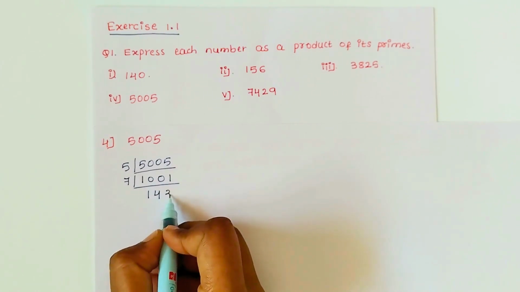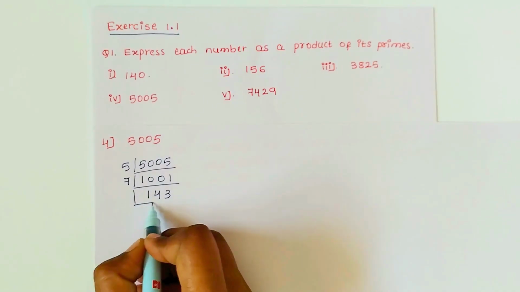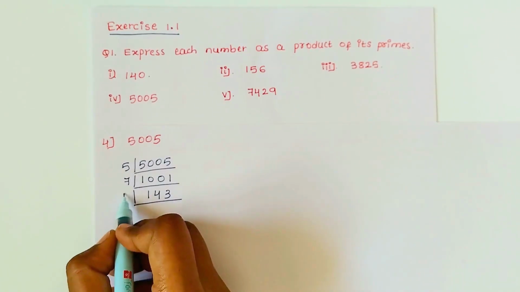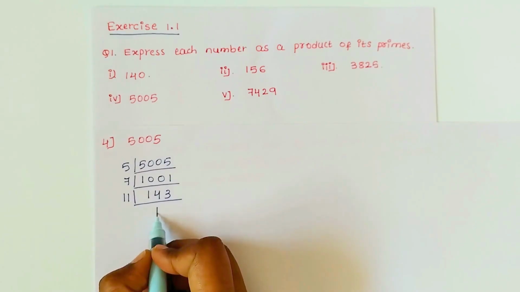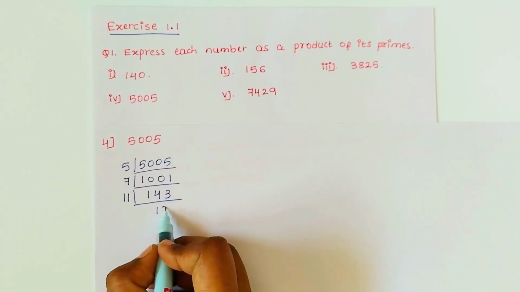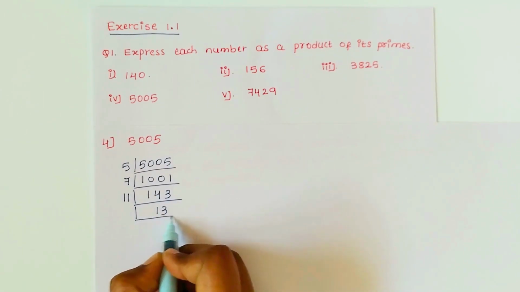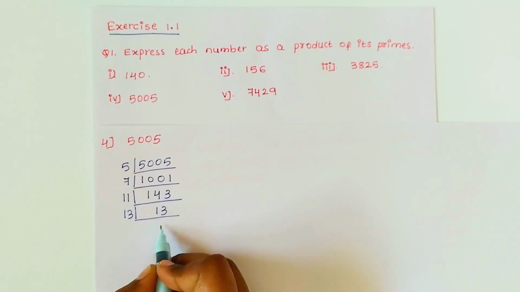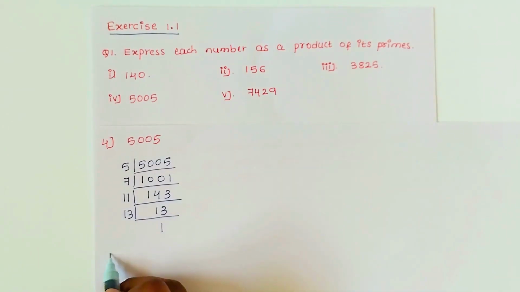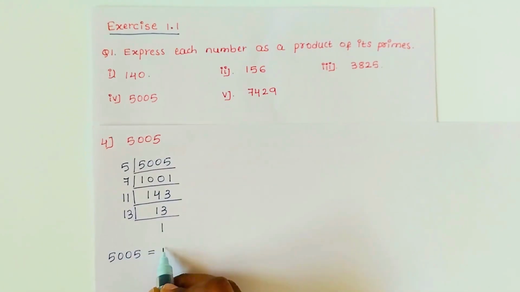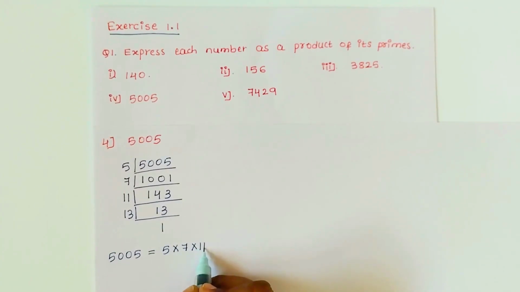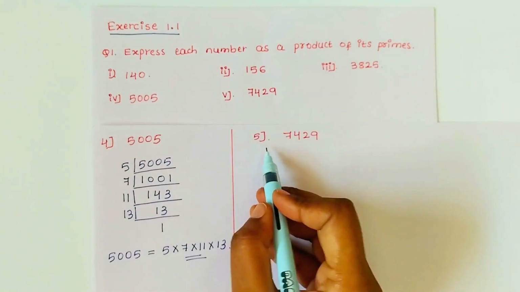Now 7 3s are 21. Next take down 11. 11 1s are 11. Becomes 33. 11 3s are 33. Next it is 13 1s are 13. Now how are you going to write 5005 as a product of prime numbers? 5 into 7 into 11 into 13. The fifth question